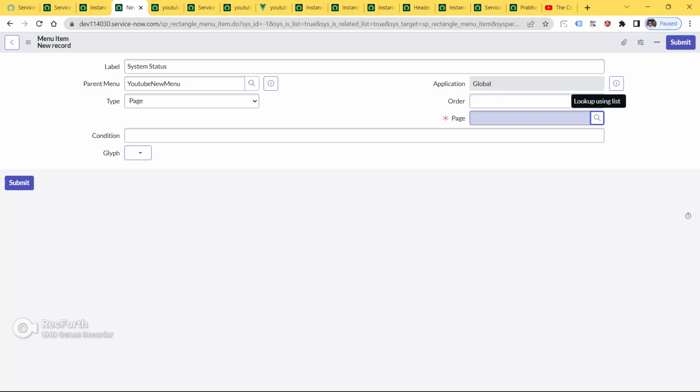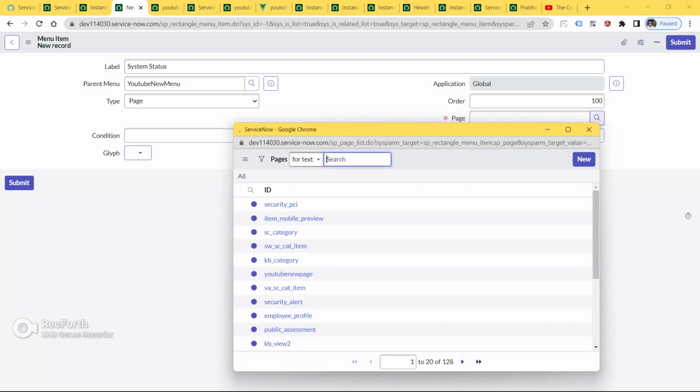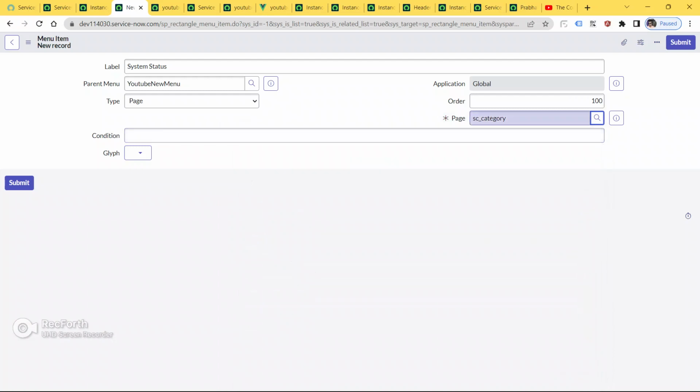See, this is the page and it is mandatory. You have to provide some page here. In order to choose your page, we have to click on the search icon. Now I am going to put service category. Here I have chosen SC underscore category, and we have to provide the order also.